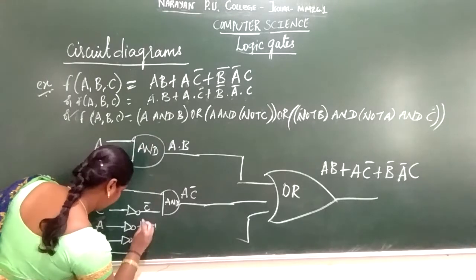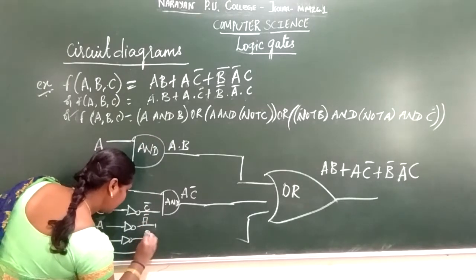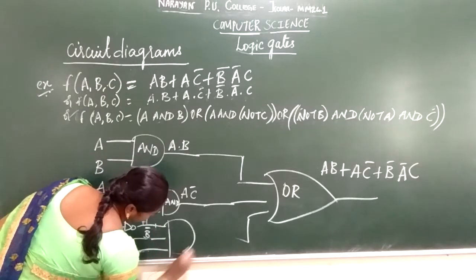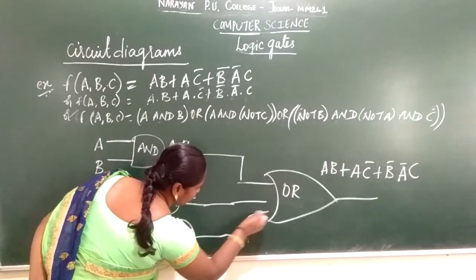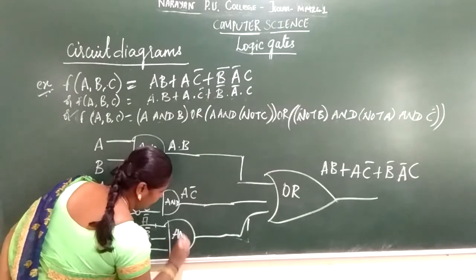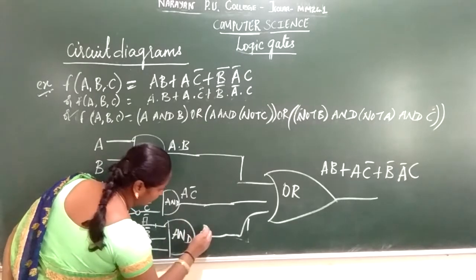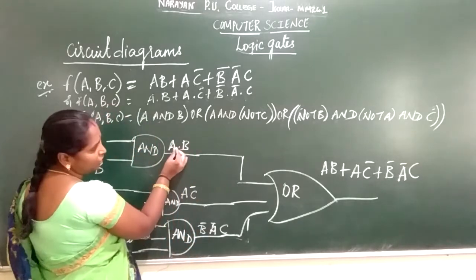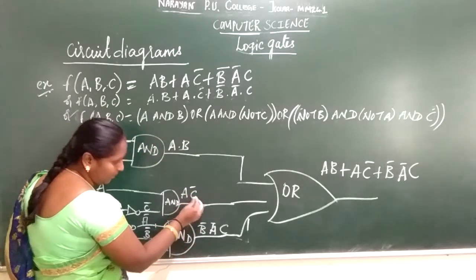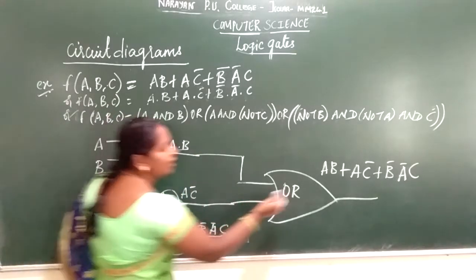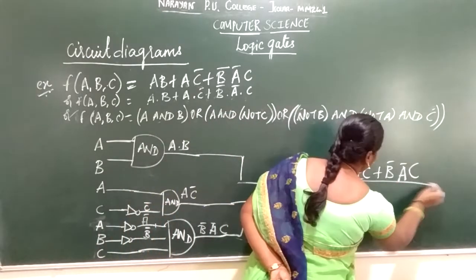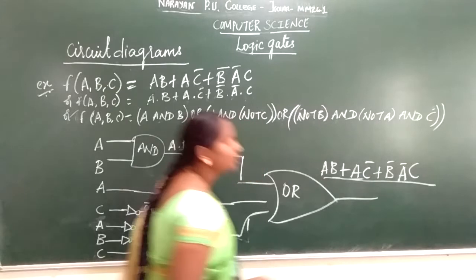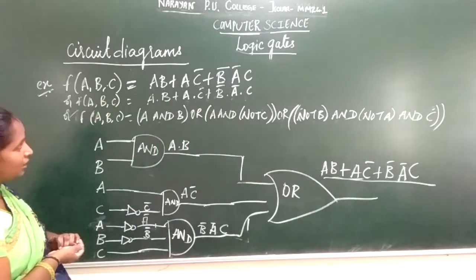You take three inputs, that is A bar and B bar, and connect them to an AND gate. So this produces your AND term. Otherwise, you can split it into two levels of circuit, that is B bar, A bar, C. So you have added AB plus AC bar plus B bar A bar C, and that produces my output. So this is a logic circuit for a given expression.